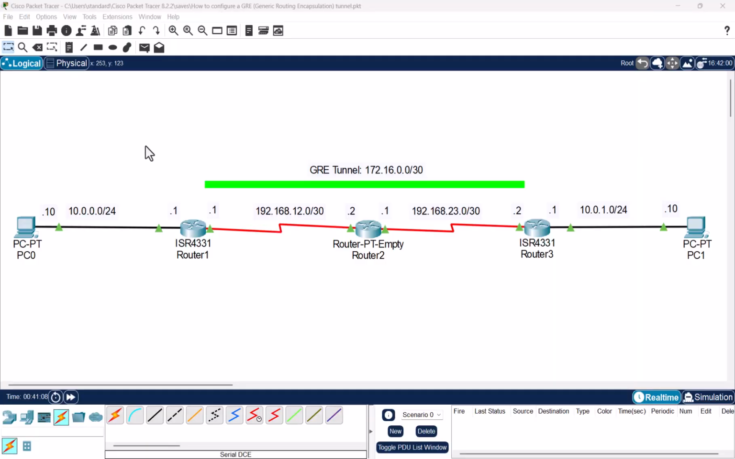Hello everyone. In this lesson we're going to demonstrate how to configure a generic routing encapsulation, otherwise known as GRE tunnel, with the aim to create a virtual point-to-point connection between router 1 and router 3 of our topology. This in turn will allow the 10.0.0.10 host to be able to talk to the PC of the